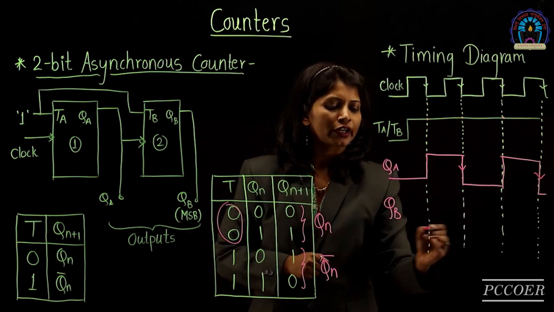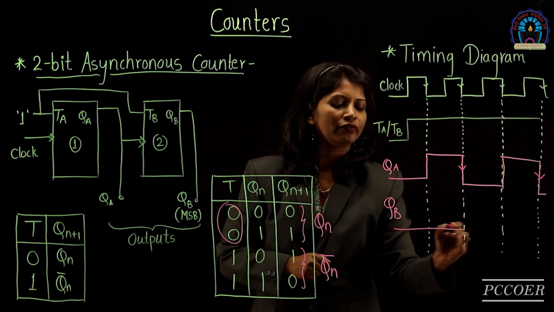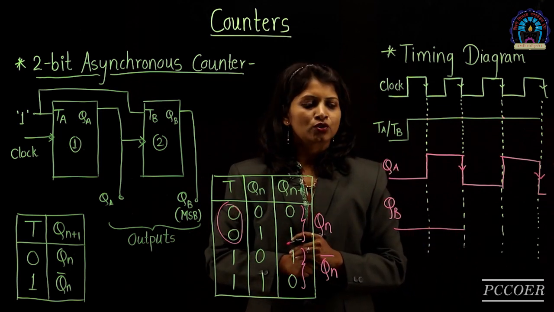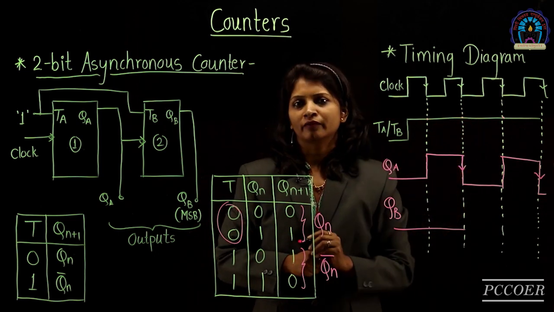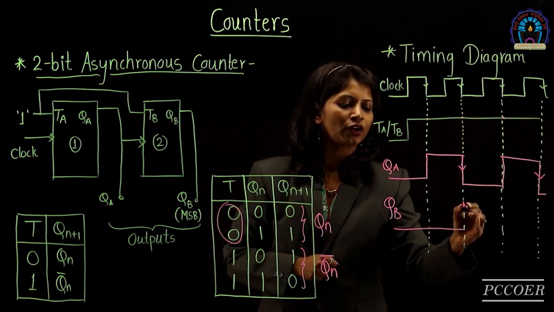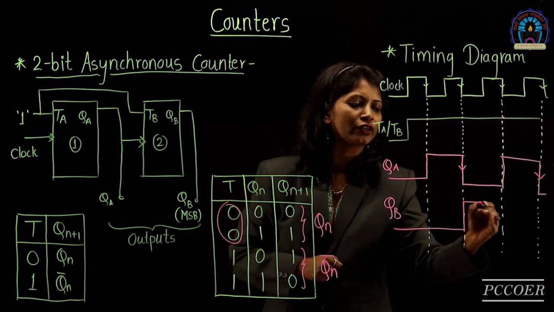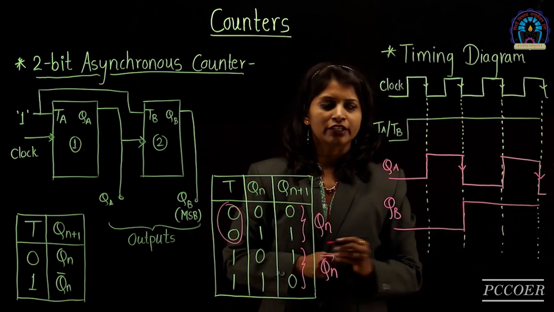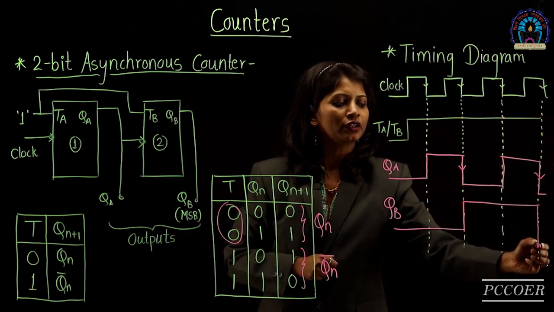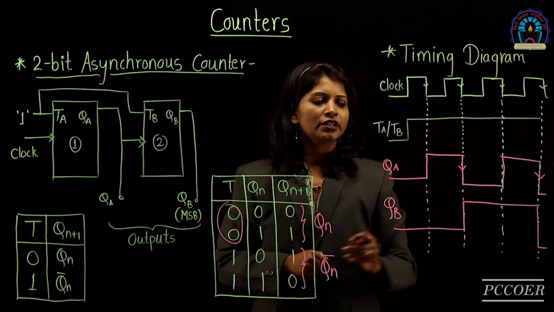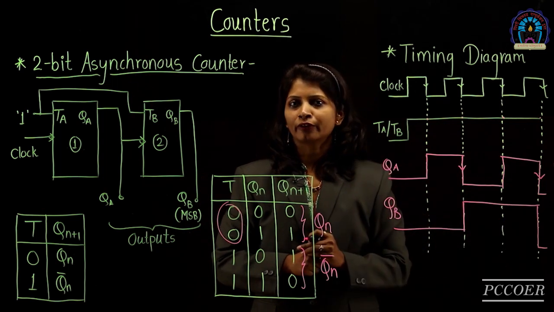Till the first clock edge, we will assume the QB value will be 0. So at this clock pulse, the value of TB is 1. TB is 1, so it will toggle at this clock pulse and it will remain constant till the next clock edge. At this clock instant, again TB is 1, so it will toggle to 0. In this way it will continue the waveform.